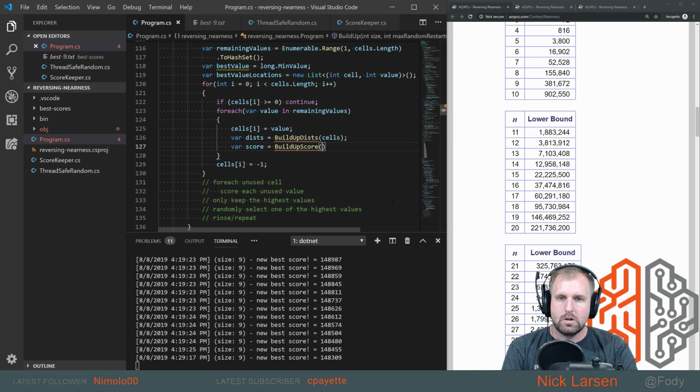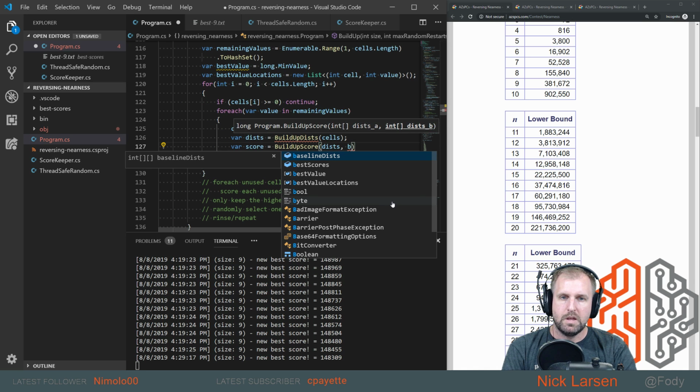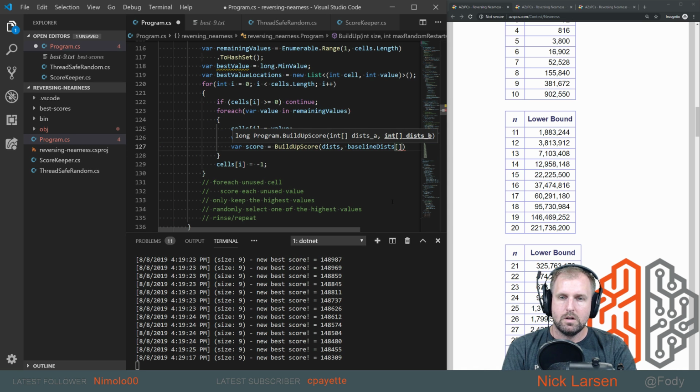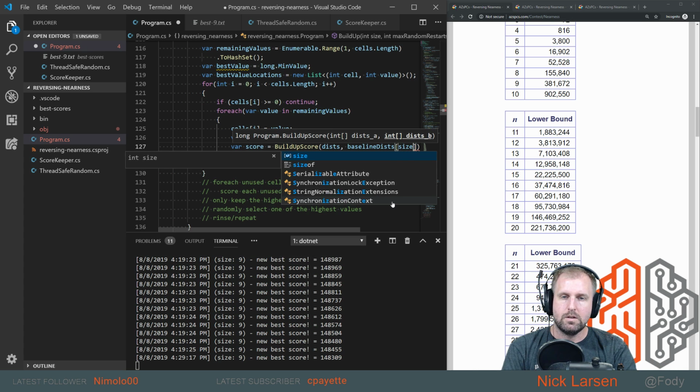Build up score of dist and baseline dist of size,